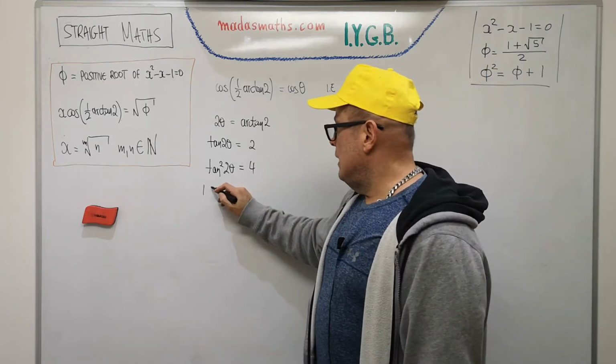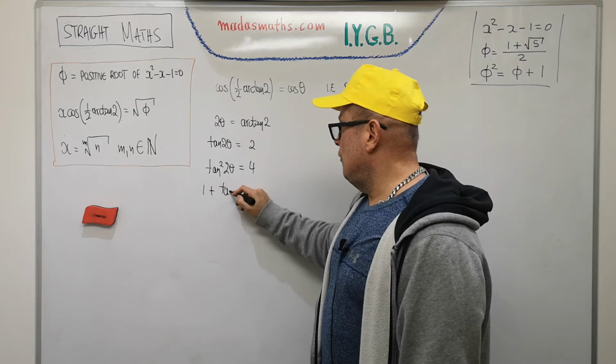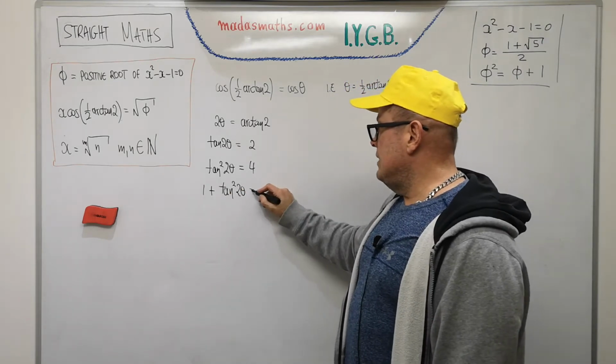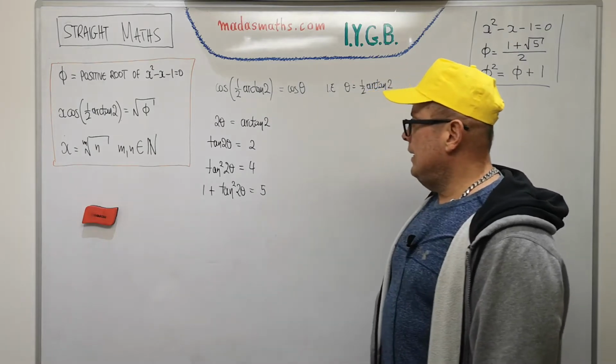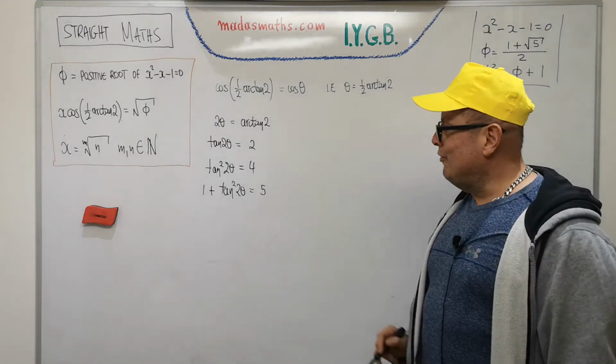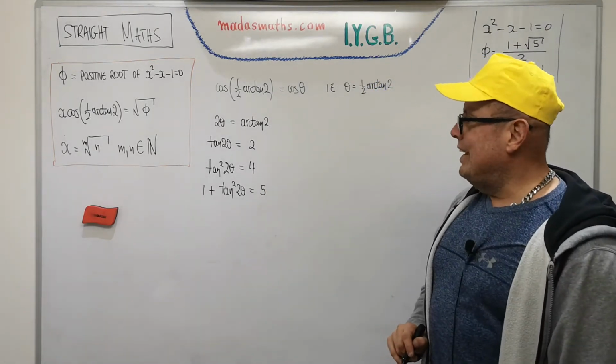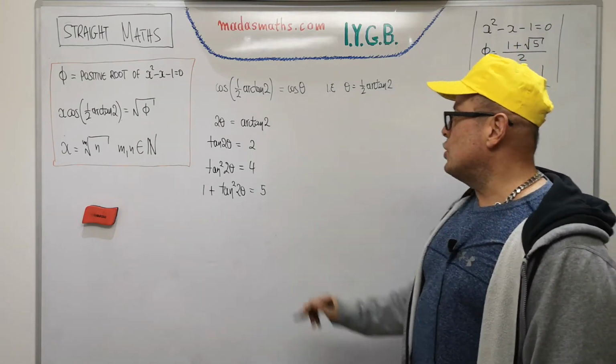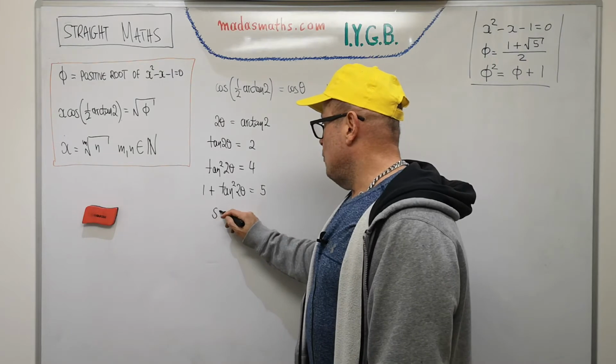I'm going to add 1 to both sides of this equation. Why am I going to do that? It's because I'm trying to create an identity, and now I'm getting to smile a little bit, because 5 is a good number in this question. I got 5s, and in a minute it's going to be square roots of 5, because of course that's the